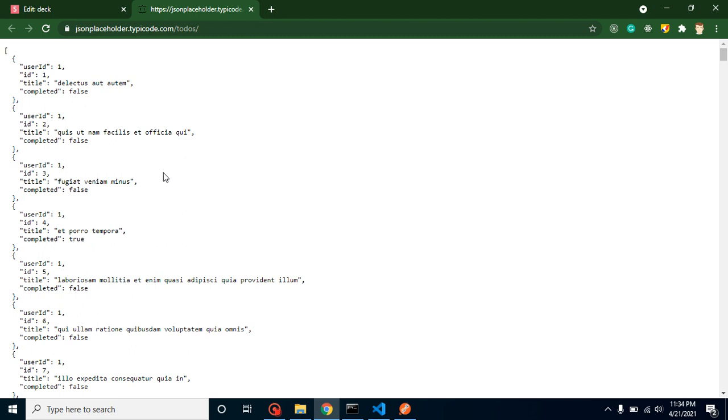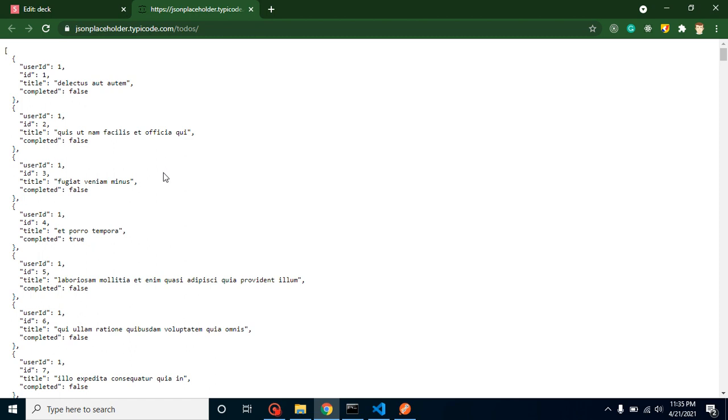All right, so I will show you these methods also. So any other methods? Yes, there are a lot of other methods, but 99% of the time we use only these four methods. Get for getting the data, post for saving the data, put for updating the data, and delete for deleting the data. That's all. So how can we integrate these APIs?